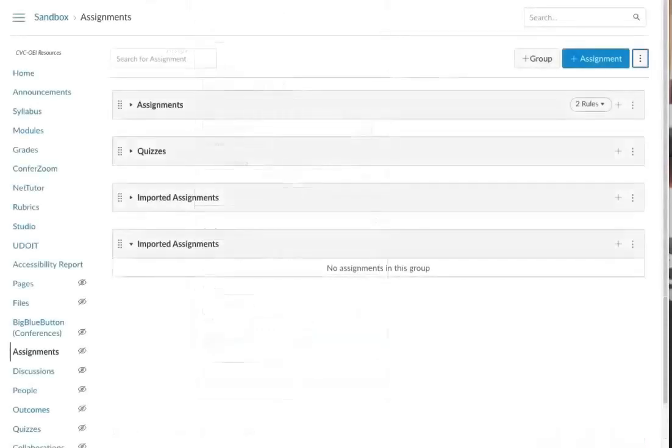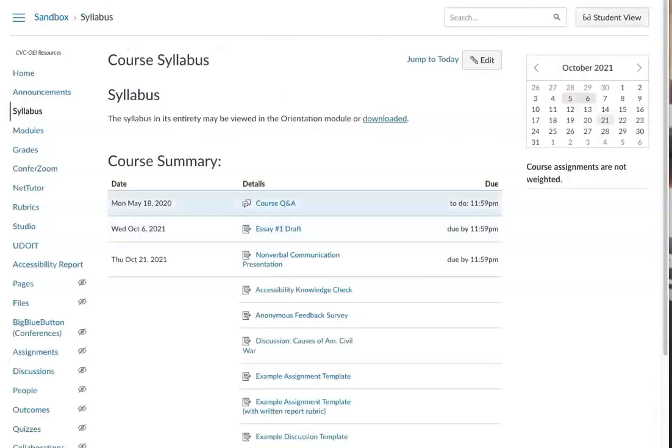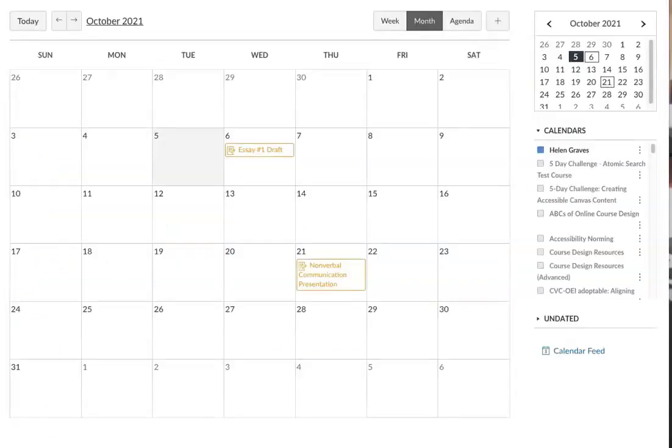Any graded assignment, meaning also graded discussions and quizzes created by you in the assignments area, will automatically show up in the gradebook and in the course summary on the syllabus page. Once your assignment has a due date, it will also show up on the Canvas calendar. If you want an assignment to show up on your student's calendar and syllabus, but you don't want the column to appear in the gradebook, you can select either no submission or on paper, and then set the display grade as not graded.